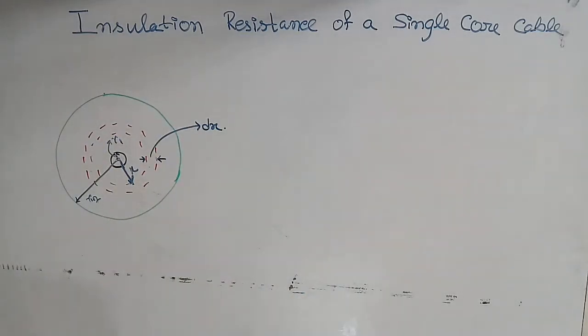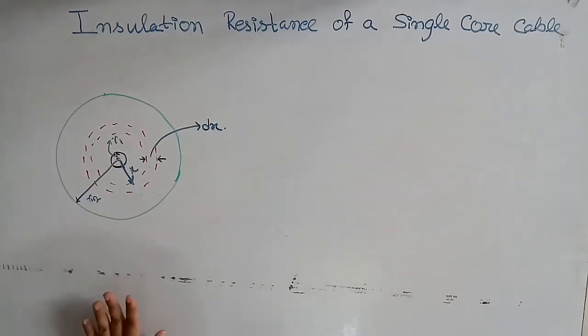A cable conductor is provided with a suitable thickness of insulating material in order to prevent leakage current. The path for leakage current is radial through the insulation. The opposition offered by insulation to leakage current is known as the insulation resistance of the cable. For satisfactory operation, the insulation resistance should be very high.